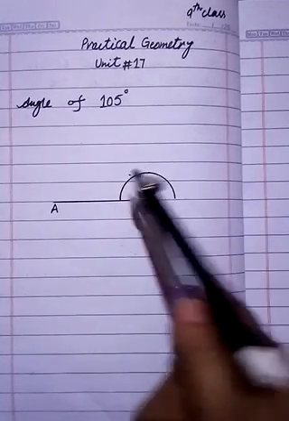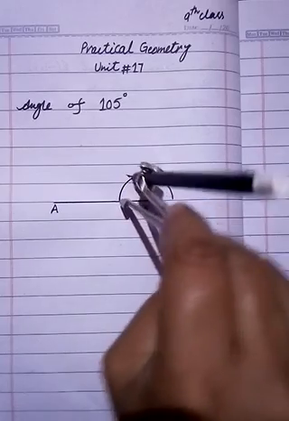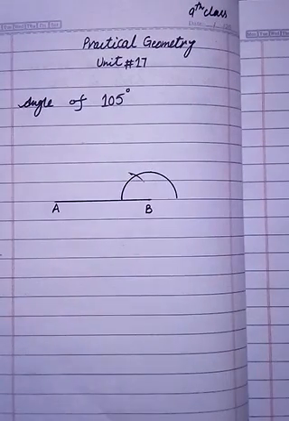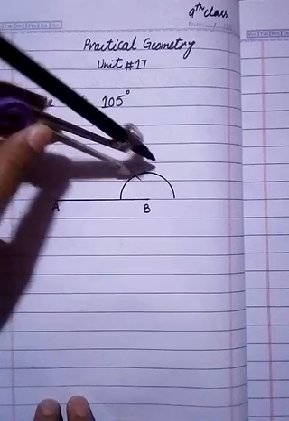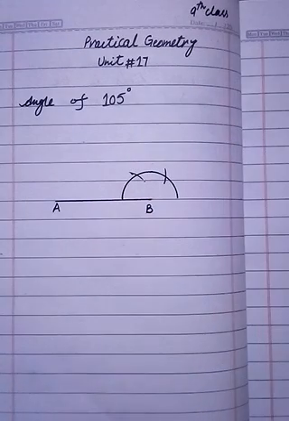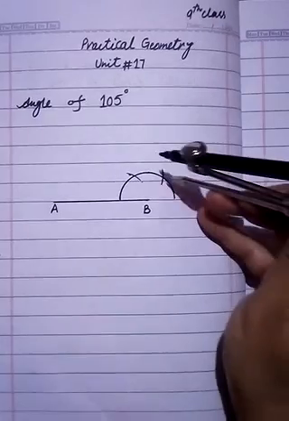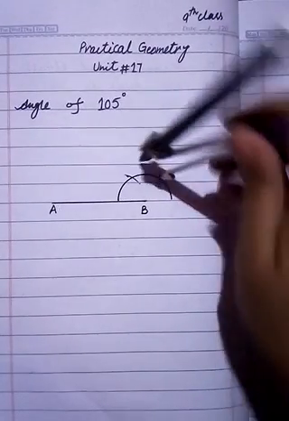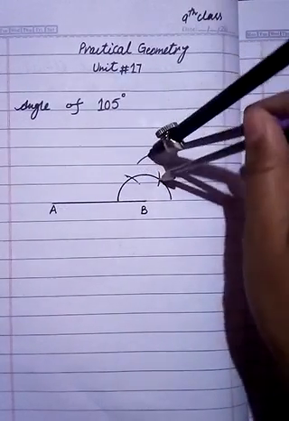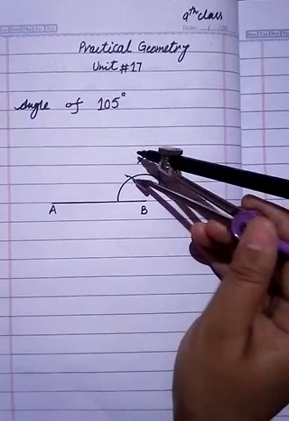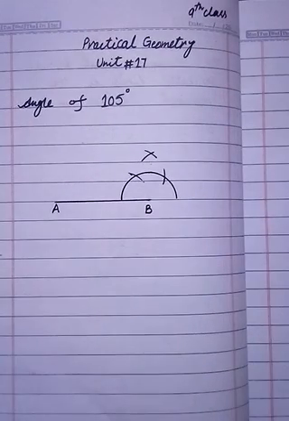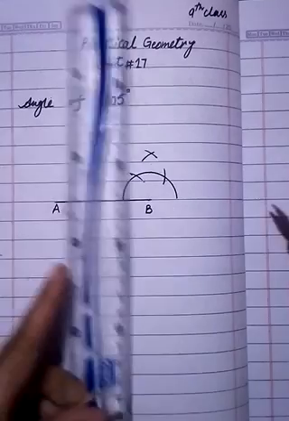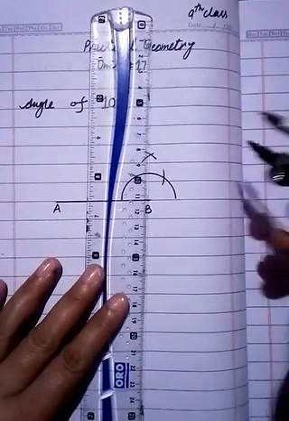You know that the first arc equals 60 degree. Now, you have to put the compass at the first 60 degree arc. Now you have to draw the second arc. The second arc equals 120 degree. Now, you have to put the compass at 120 degree. Now draw the first arc. Now, you have to put the compass at 60 degree and draw the second arc. Now, both arcs intersect at this point. Now you have to join a dotted line with B.